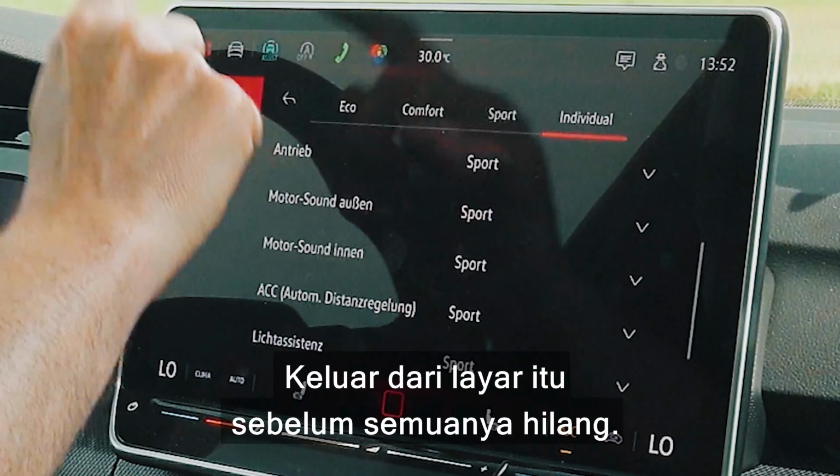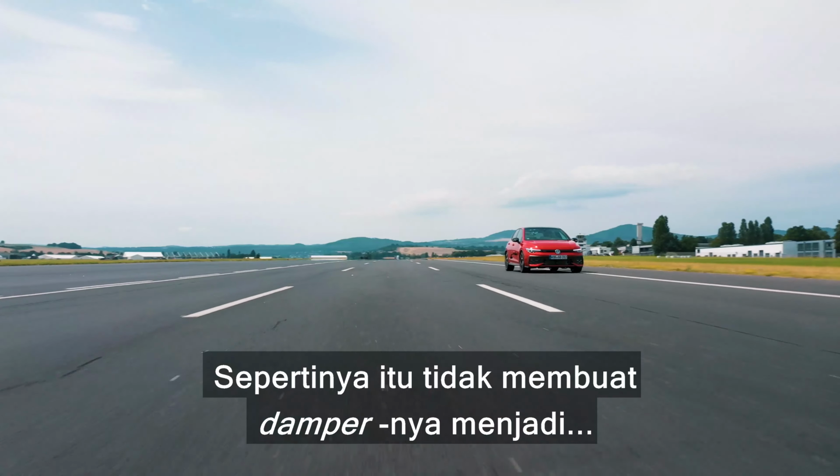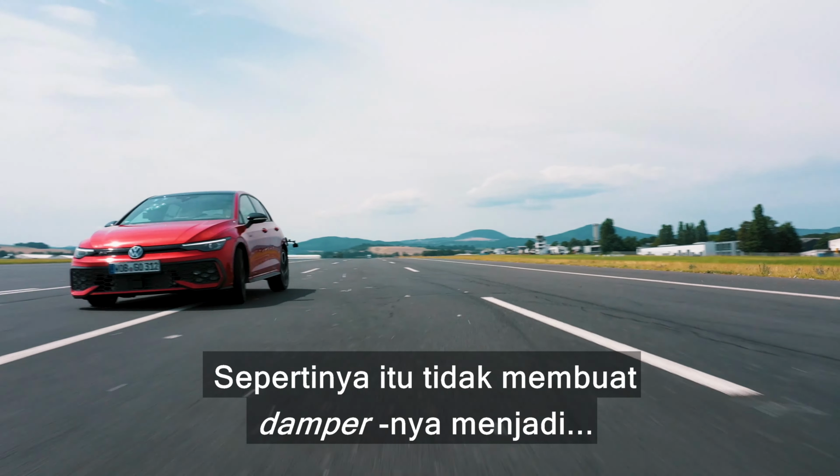Right, let's give it another go. Get off that screen just in case it all goes to toss. Do you know what? I don't think that's made the dampers feel any...